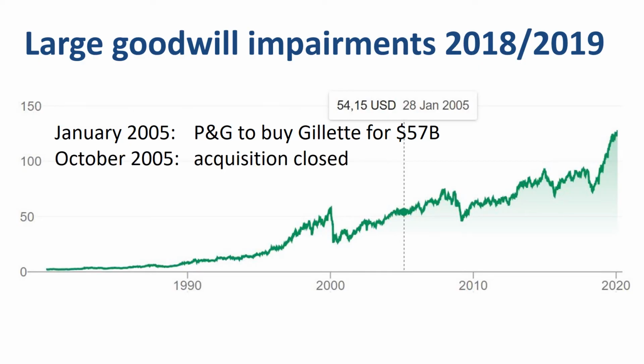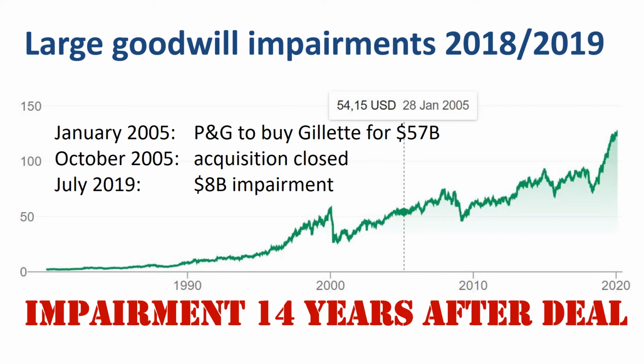Since then, P&G's share price has moved largely in line with, or ahead of, the S&P 500 and competitor share prices. The announcement of the $8 billion impairment, a fraction of the total original deal value, in the summer of 2019, hasn't seemed to hurt the share price. As the impairment was taken 14 years after the acquisition, it is probably safe to say that it was an accounting entry due to evolving business and market factors, rather than judging the Gillette acquisition as a bad deal.